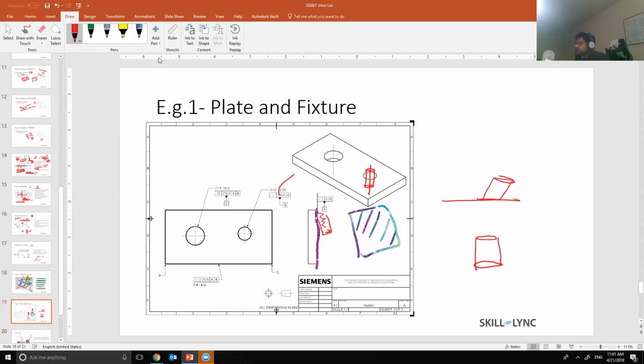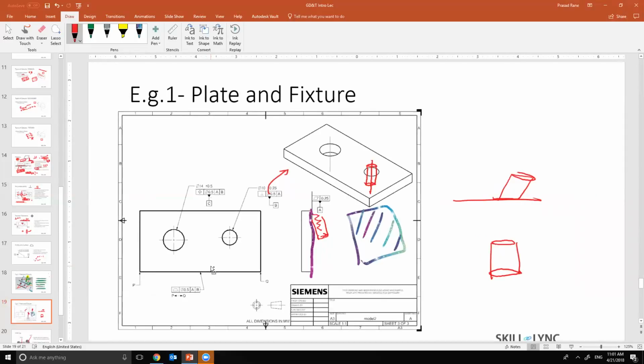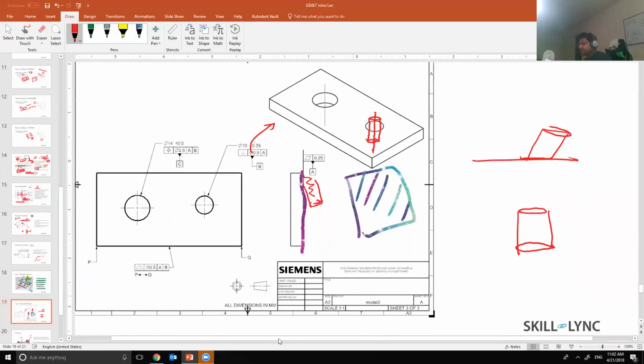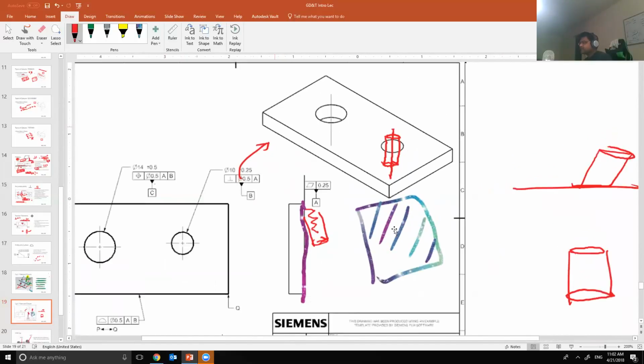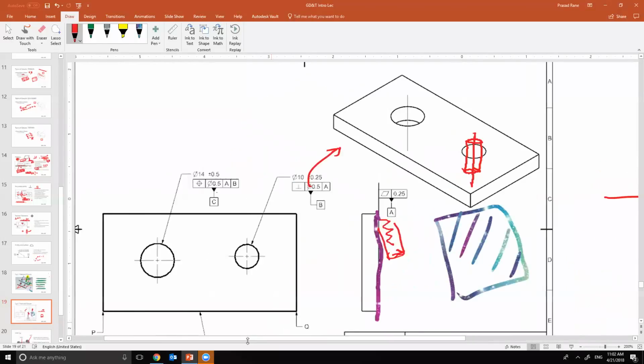This is the diameter symbol over here. Hey Prasad, yes, sorry sir, for the interruption. Do you mind just zooming in into the diagram just for this particular slide? Absolutely, sure. Thanks for letting me know. I didn't understand it, but I hope it's clear now. Much better. Okay, so